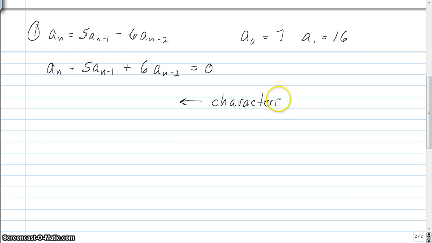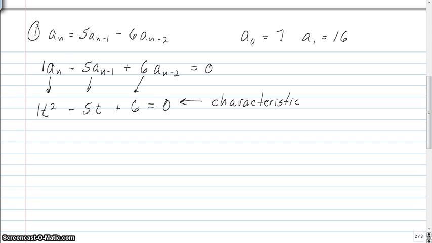Characteristic equation. So the characteristic equation is just going to be a nice quadratic equation that corresponds to the 3 terms in our recurrence relation. So this is going to correspond to the squared term. And I have coefficient 1 here, coefficient 1 here. This is going to correspond to the degree 1 term. And this is going to correspond to the constant term